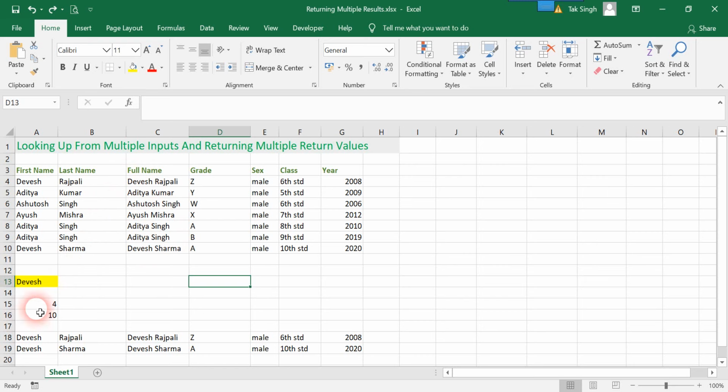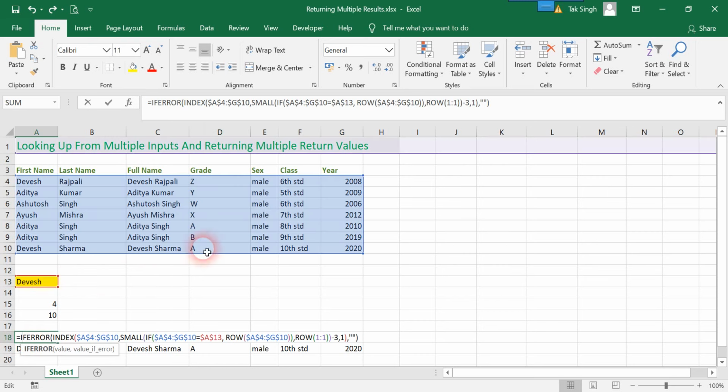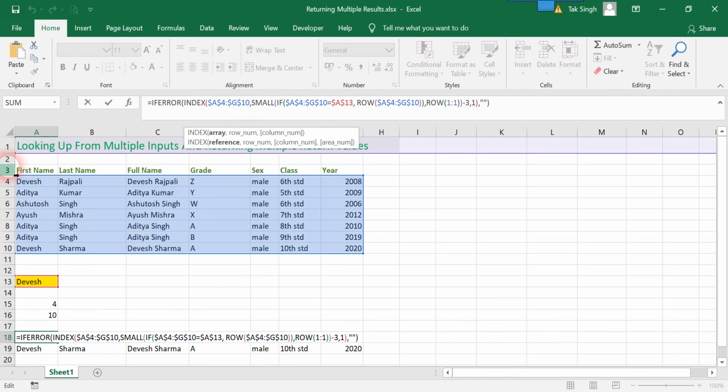What you might be forgetting to use in this kind of reference of the row function is that when you use the row function like this, my range over here is this range, which comes 3 lines below the start of my worksheet. So what I did is -3. Now this is something that you might be missing, so I would like to highlight it.